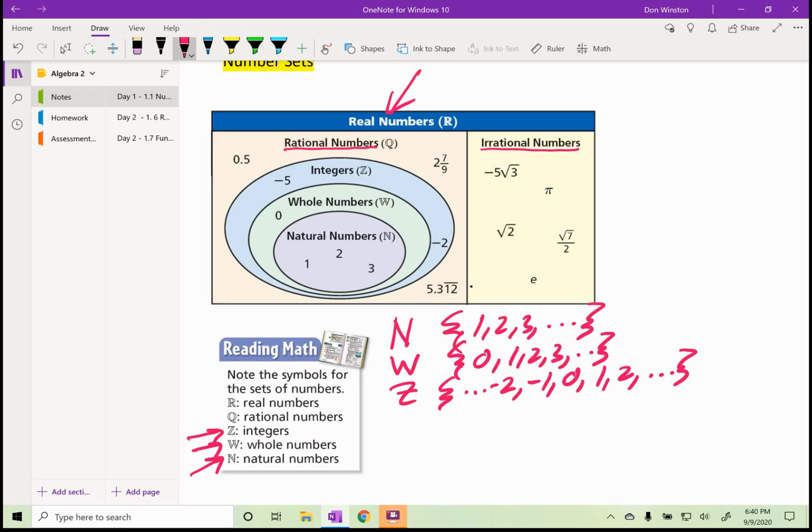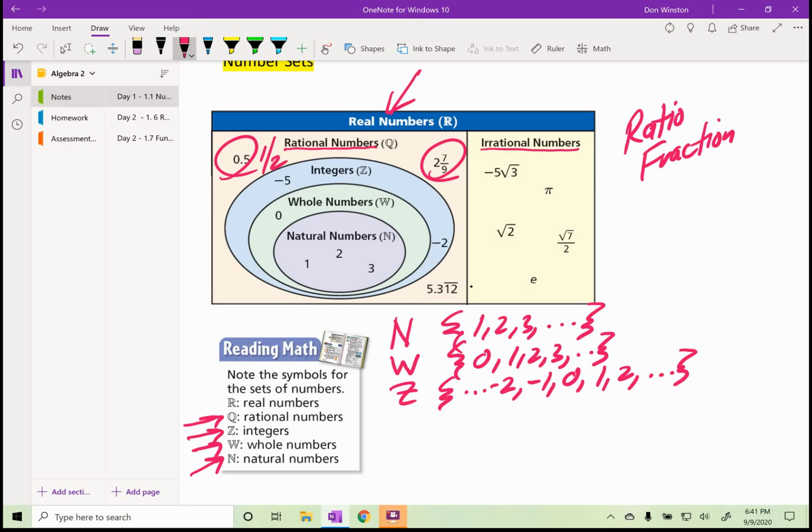And then finally we have the rational numbers. And I'm not going to write that in roster notation. There's just way too many of those. But the rational numbers, when you think rational, think ratio. And when you think ratio, what comes to mind? If you said fraction, you're right. So the rational numbers include all the things you can write as a fraction: 0.5, which is 1/2, and 2